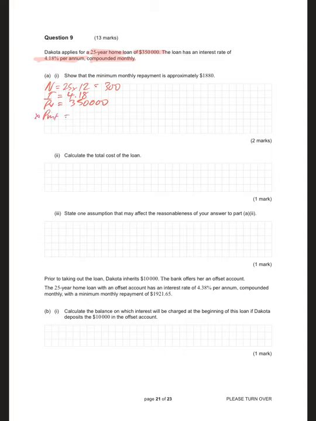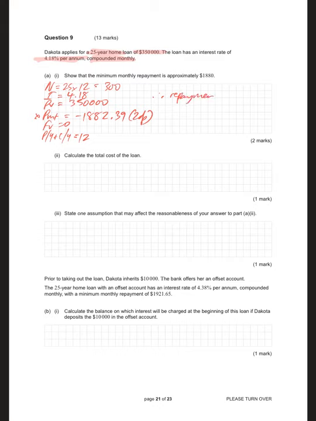PMT is being solved. FV is nothing. PY and CY are both 12 because it's compounding monthly and the payments are monthly. 4.18, 350 grand, 12 and 12. Alpha Enter, negative $1,882.39 to 2 decimal points. Therefore,